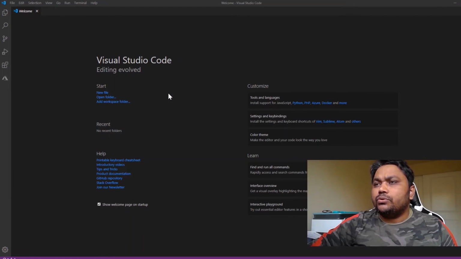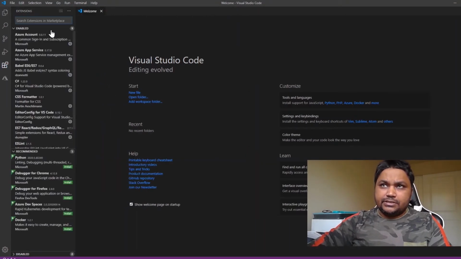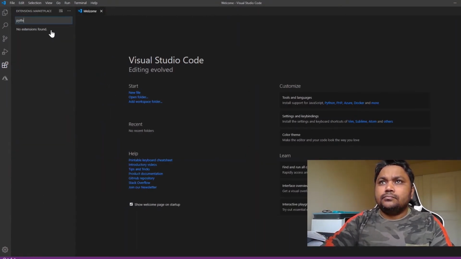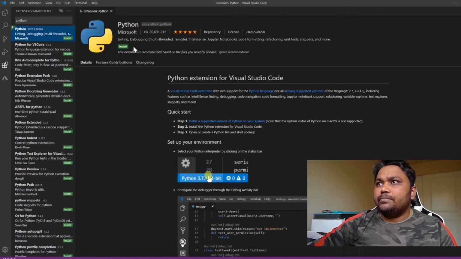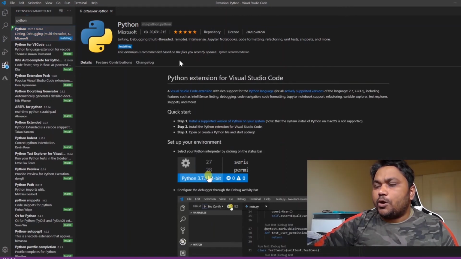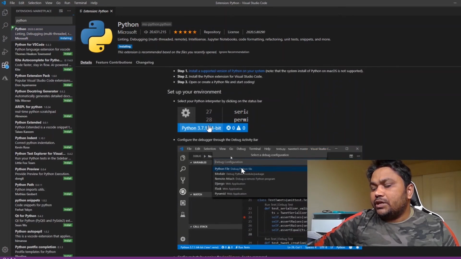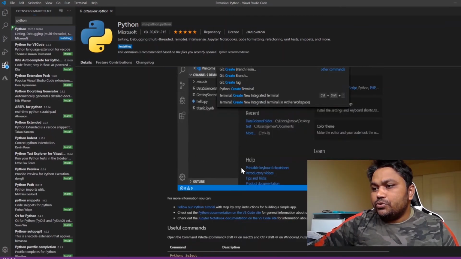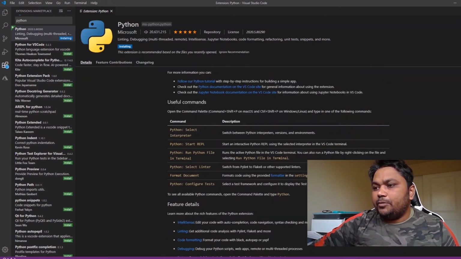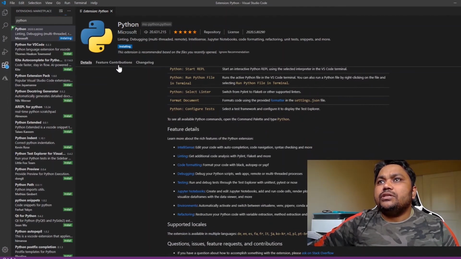Okay, so Visual Studio Code is launched. For running any Python application, we have to go to the extensions tab and install the Python extension. This extension is also developed by Microsoft, and it gives a lot of options: you can run, create, and test Python and Django applications, and you can also play with notebooks. I am installing this one. It takes about 1 minute mostly. Let's see.